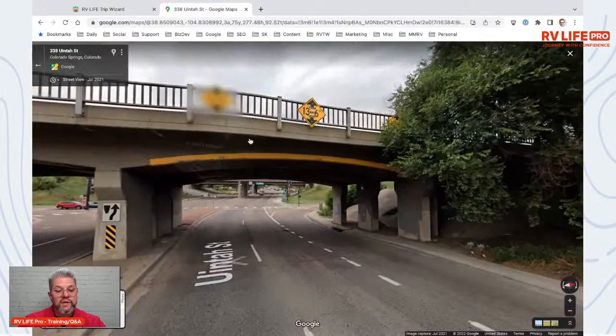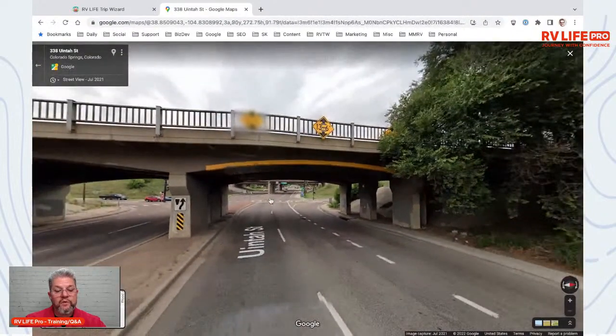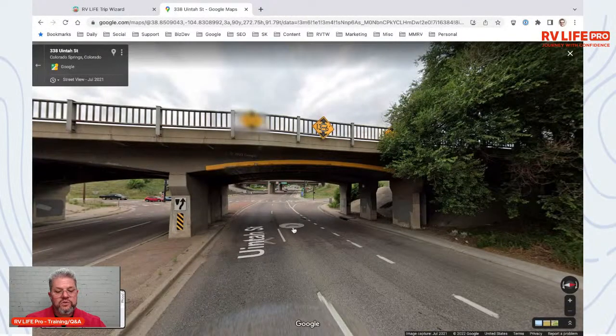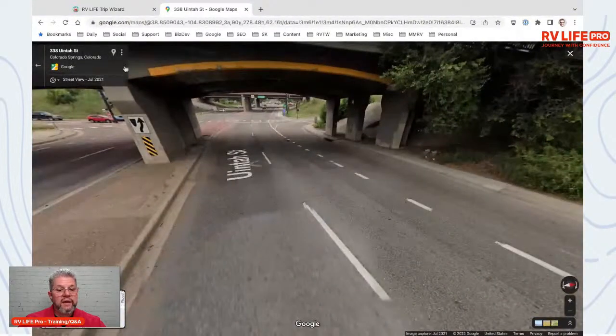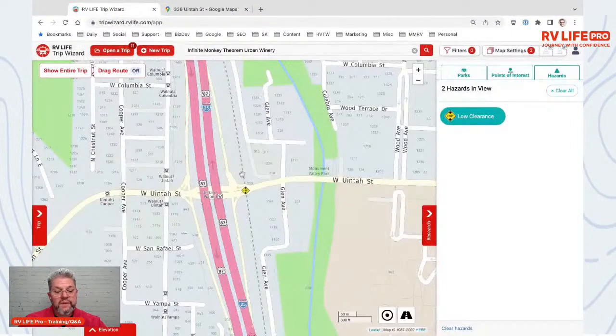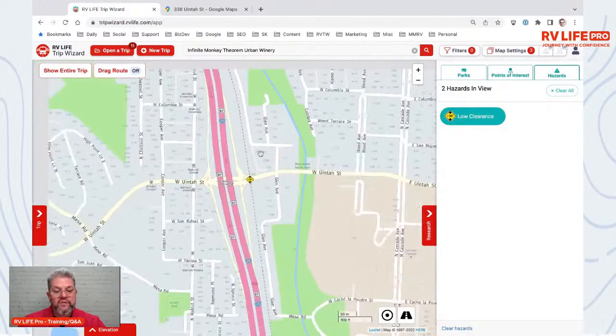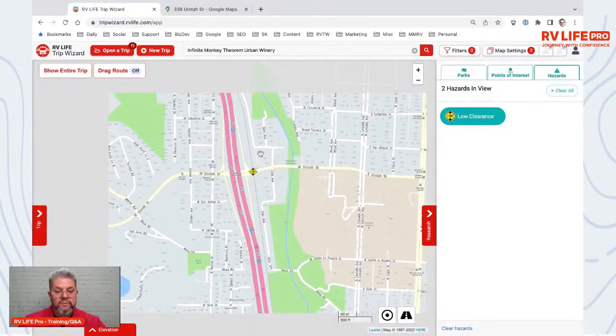13.6 in the middle, but it's only 12.7 here on the sides. And I think it was 12.7, maybe 12.6. Back up a little bit. But anyway, the point of that being, you can show these hazards if you choose. Trip Wizard is going to route you around them anyway, but if you have any desire to see those,